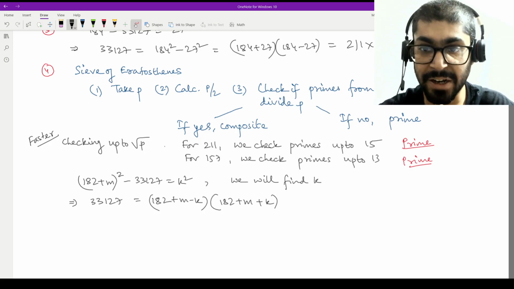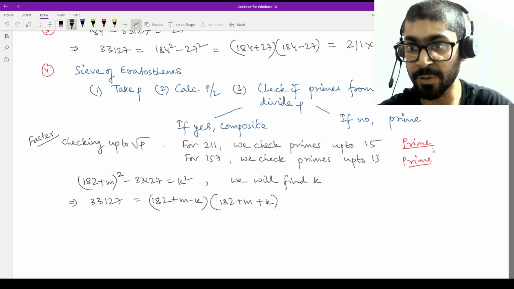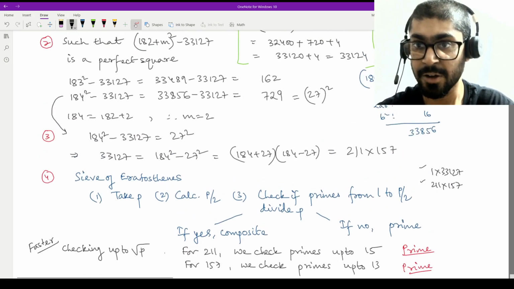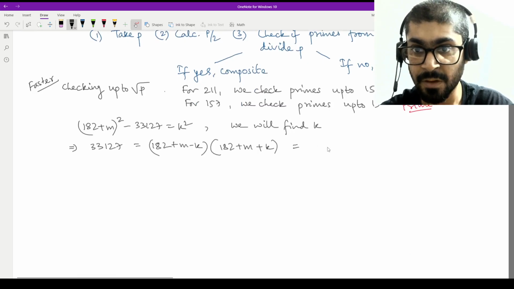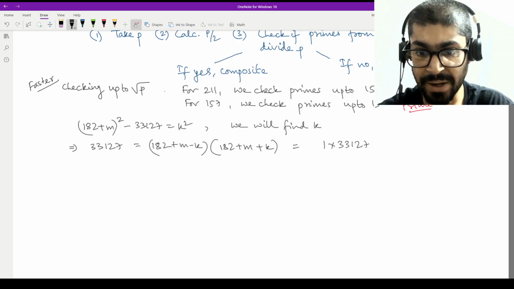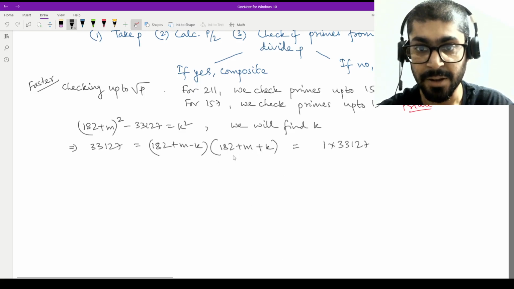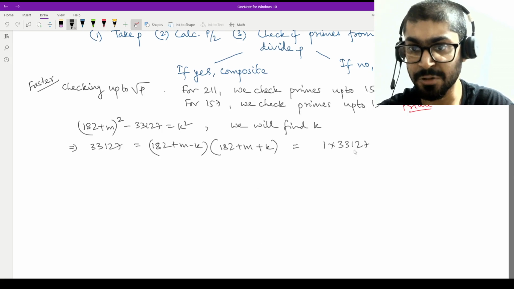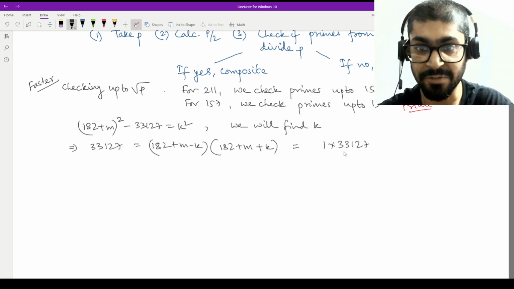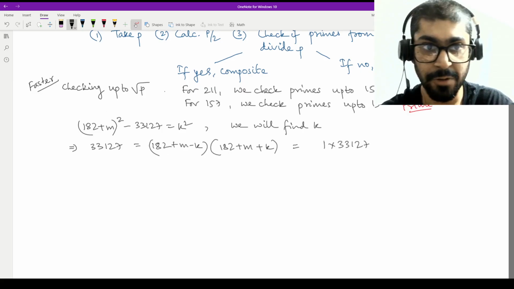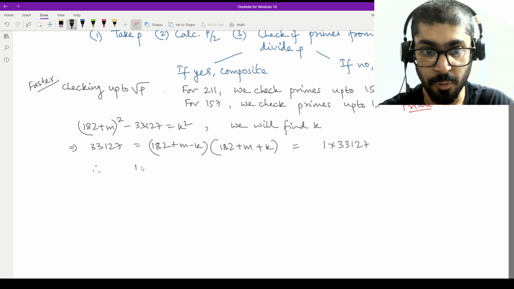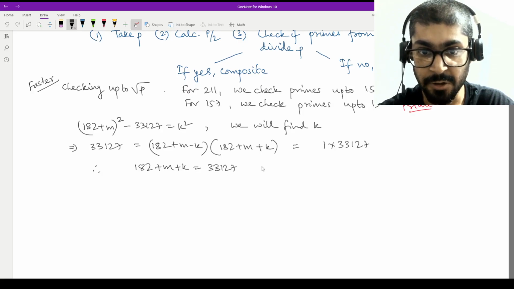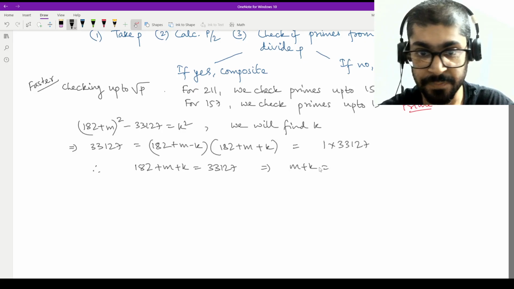Now once we know that there are only two possible pairs, we will not obviously work with the pair that we already know, right? So we know that this is equal to 1 into 33127. So the larger value will be taken as positive, right? Because this is all plus, right? So this all plus should be equal to the positive value, and here the smaller one should be equal to 1. Therefore 182 + m + k is equal to 33127, which means m + k is equal to, subtract it, you will get